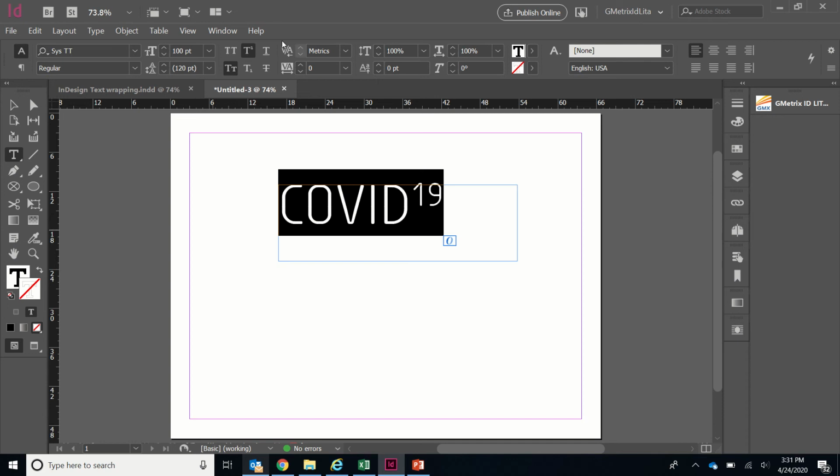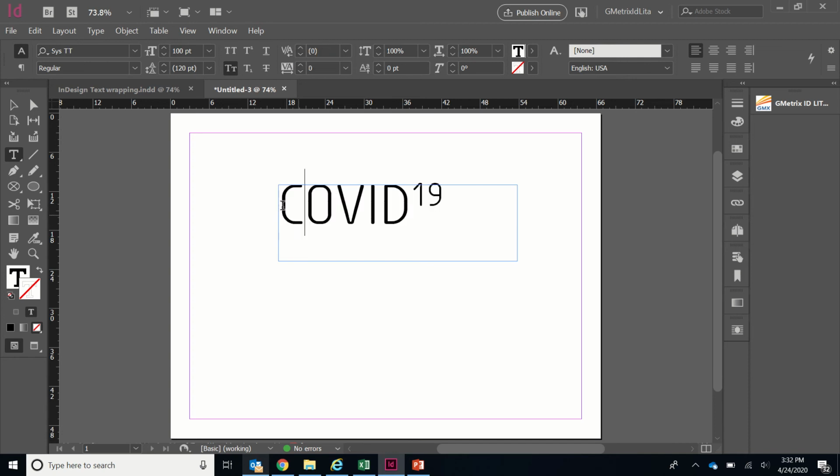You'll see also in InDesign, we have some options that you may have had in Word, but didn't have in Illustrator or Photoshop. We can underline, we can do that strike through option. I'm not going to do either of those to keep the word, but just to show you. Moving along here, this is kerning. You guys should know what kerning is. That's the space between individual letters. I'm actually going to bump down the kerning between the 19 and the D just to bring them a little